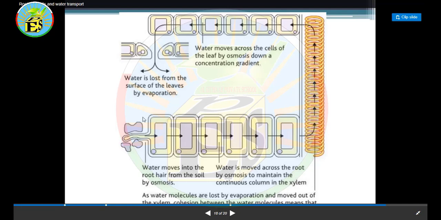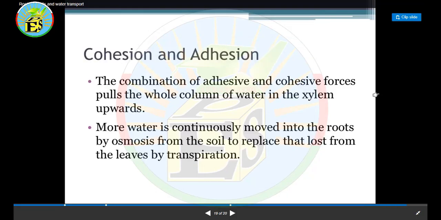So first of all, in short, water will be absorbed by the root hair cell, then it will move across the cell and go into the air spaces between the cells for evaporation. The combination of adhesive and cohesive forces pulls the whole column of water in the xylem upward. More water is continuously moved into the roots by osmosis from the soil to replace that lost from the leaves